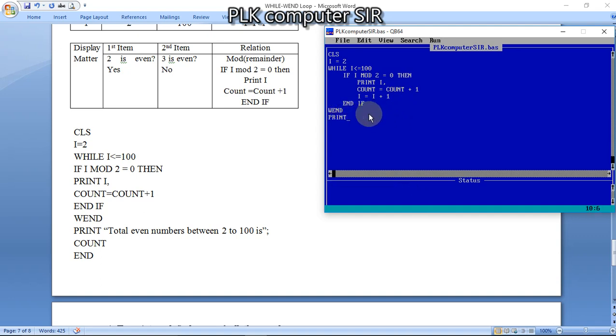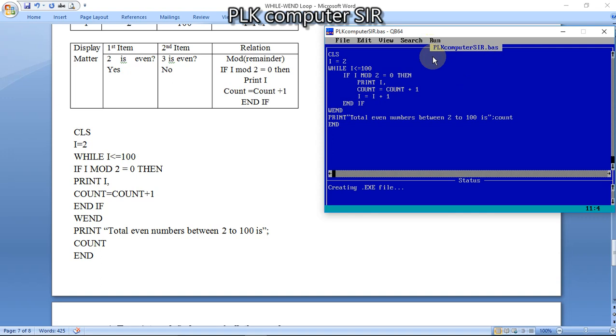So print total even numbers between 2 to 100 is, that is count. Now terminating the program by end.